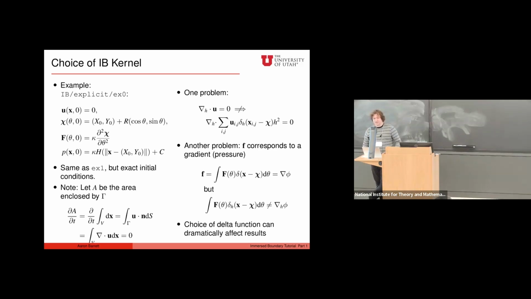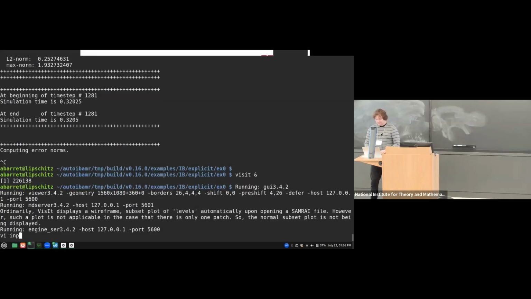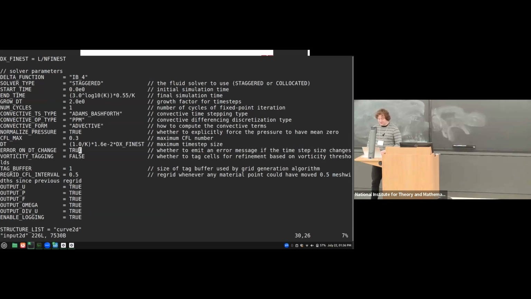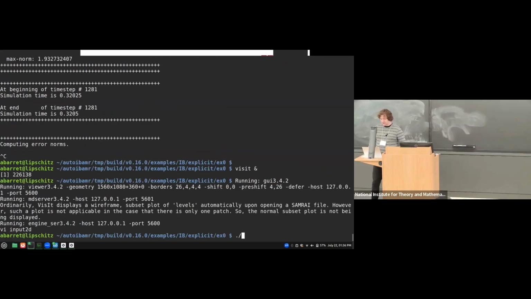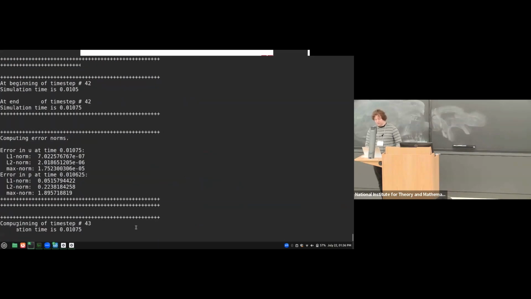If we can choose our delta function so that we maintain the important properties that our continuous operators have in the discrete operators, then perhaps we can greatly enhance the accuracy of the problem. This is something that Boyce will talk about in more detail, but just to show you that effect, if we replace our delta function with these new delta functions, composite B-spline 5-4, and we run that same program,